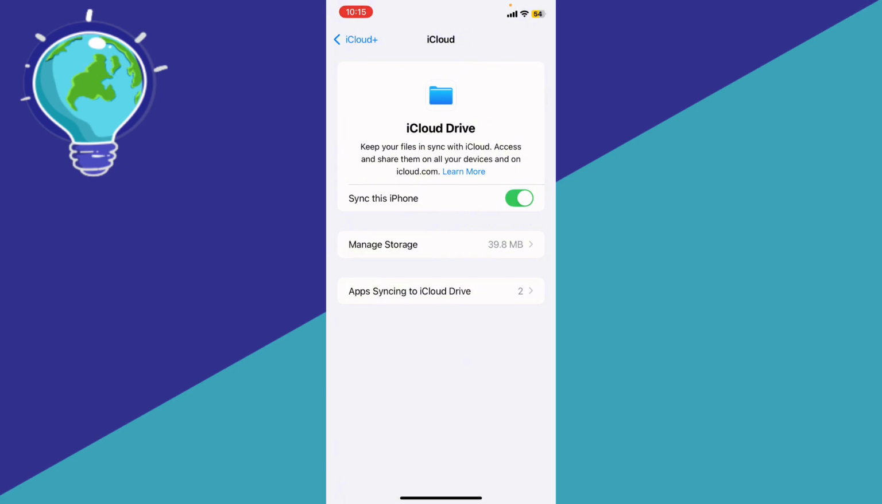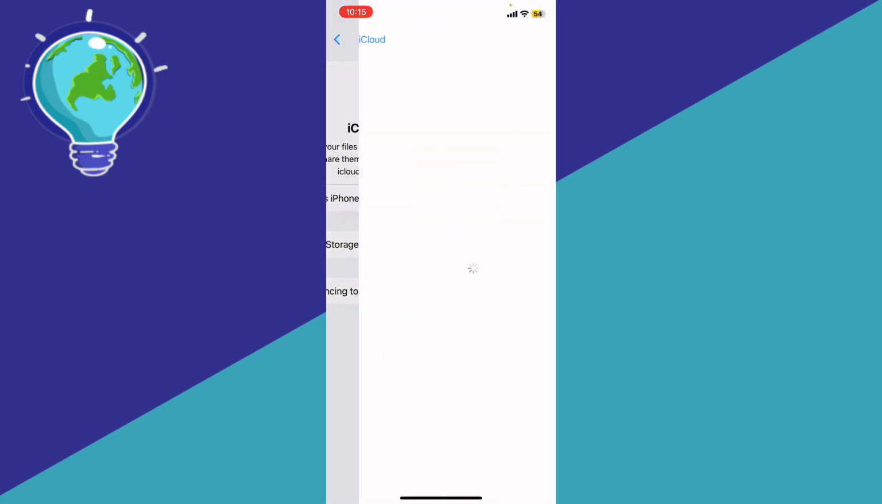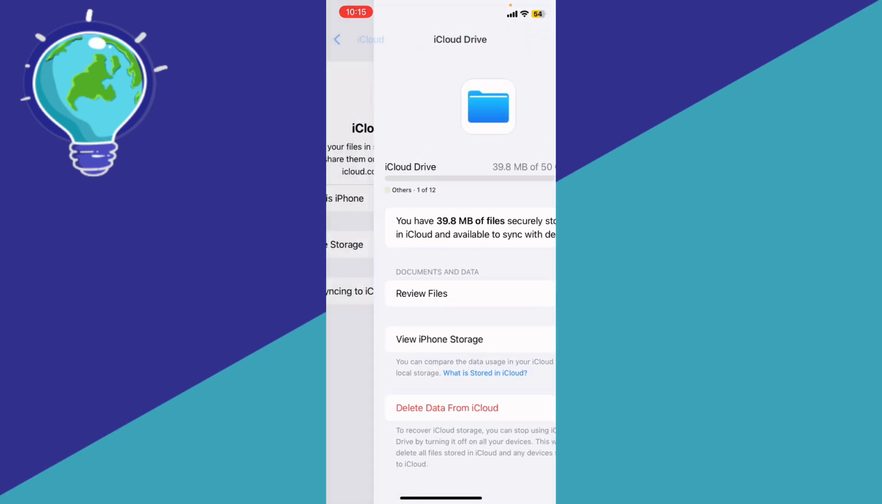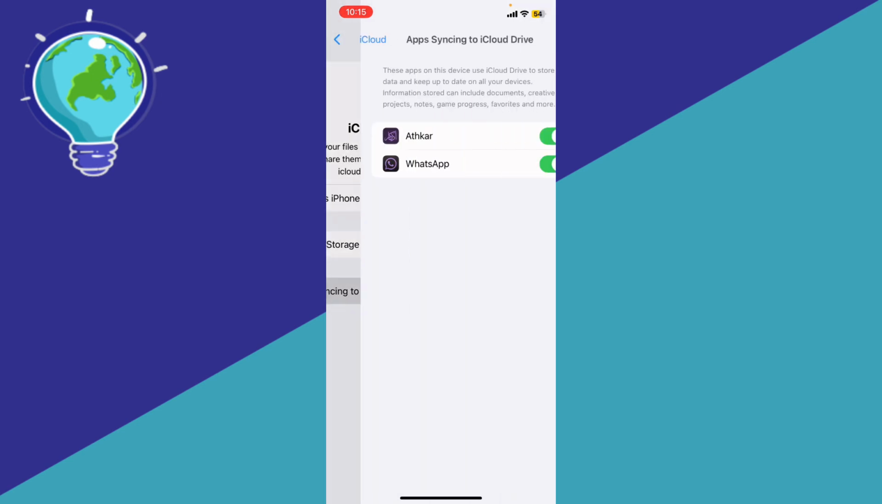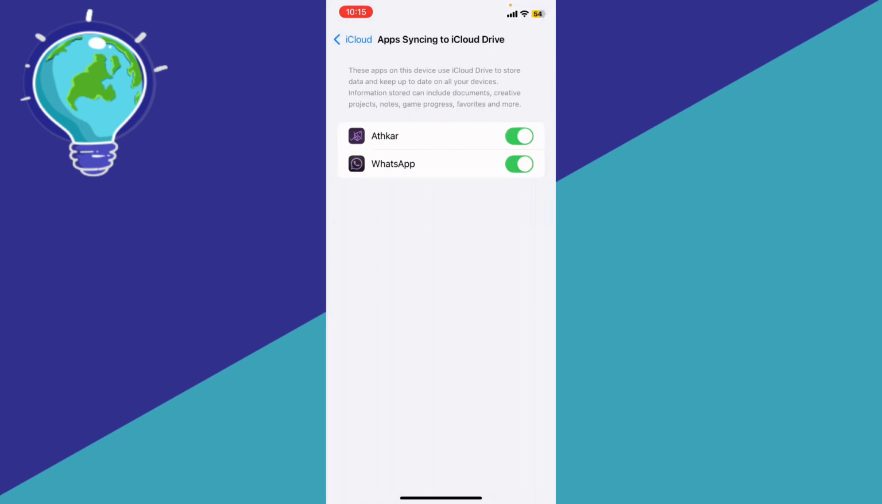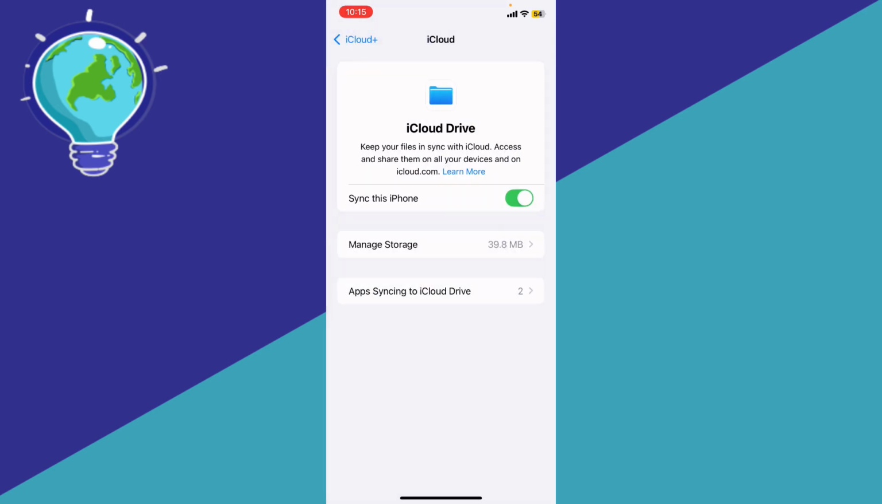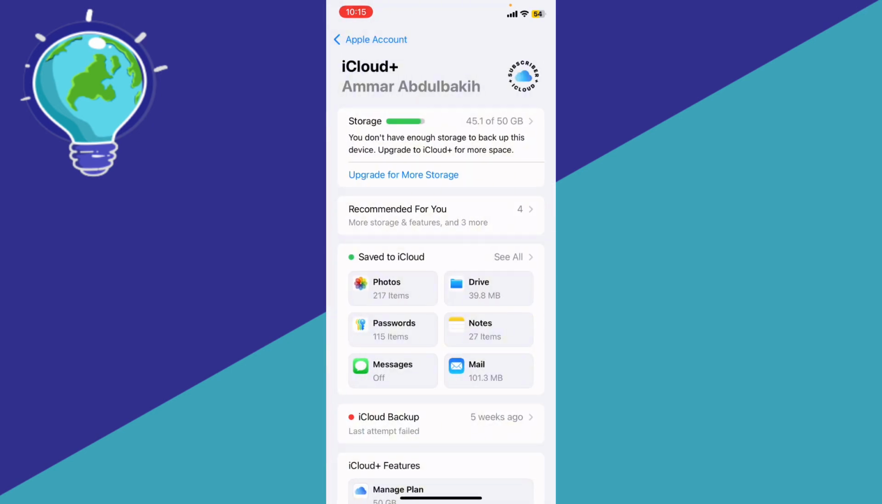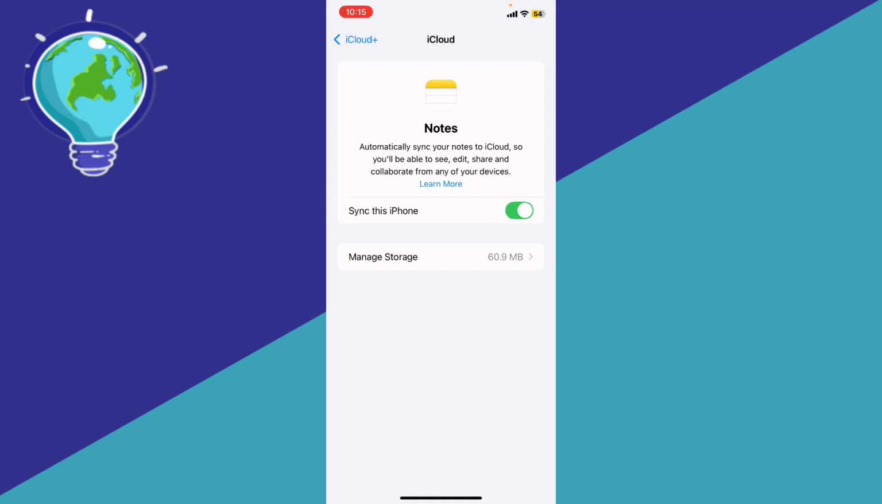Alright, and as you can see right here, this is my storage, right? And I'm just going to go back right here. It says apps synced or syncing to iCloud Drive. I'm going to see 2 apps, and I'm just going to try to pin down the notes, right? I'm just going to see right here, this is the notes, and as you can see, notes has been synced